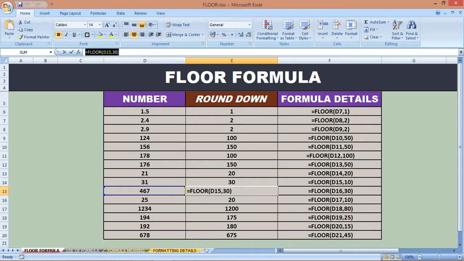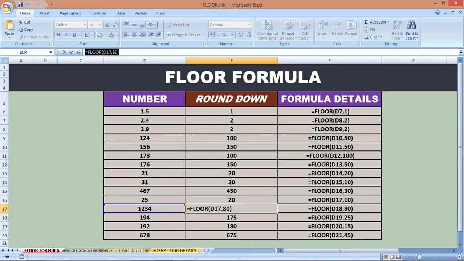31, I want to round down to a multiple of 10, so the result is 30. 467, I want to round down to a multiple of 30, so the result is 450. 25, I want to round down to a multiple of 20, so the result is 20. 1234, I want to round down to a multiple of 100, so the result is 1200. Same with 194, 192 and